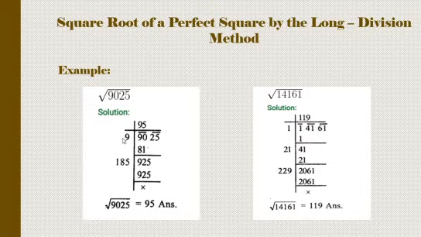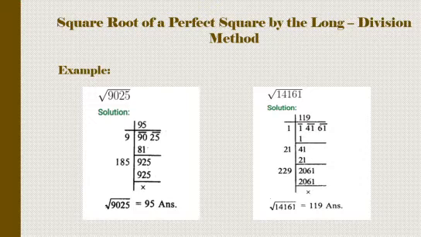Then we will find out by which number we can solve this 90. Here we can see that 9 9s are 81. If we are multiplying 9 by 9, 9 9s are 81. If we are taking 8, 8 8s are 64. So 64 is much lesser than 90. So in this case we will solve by 9.